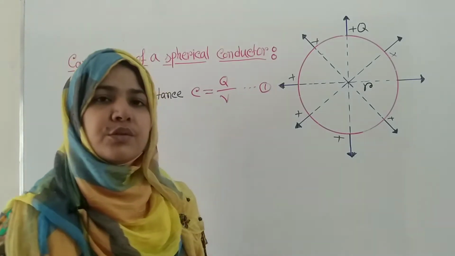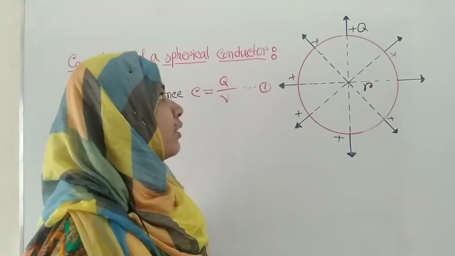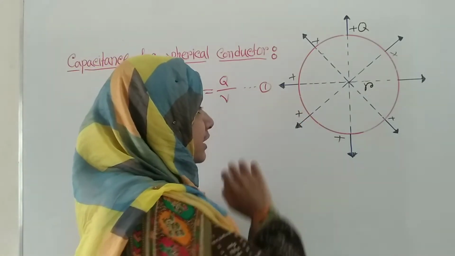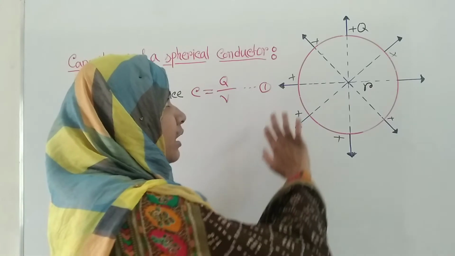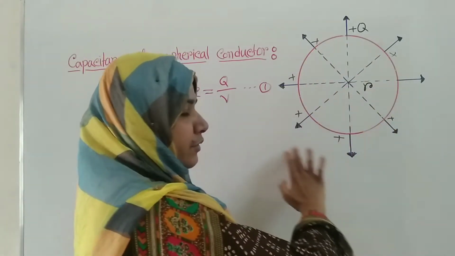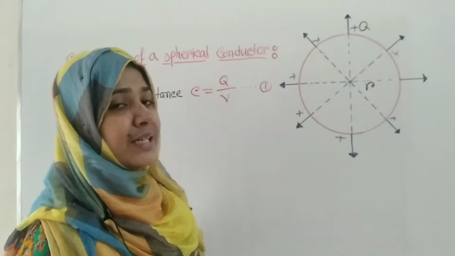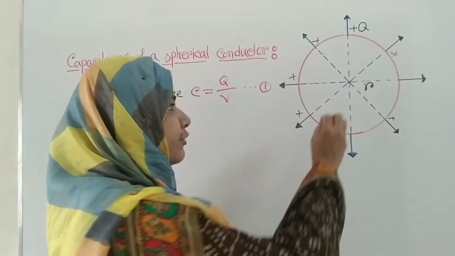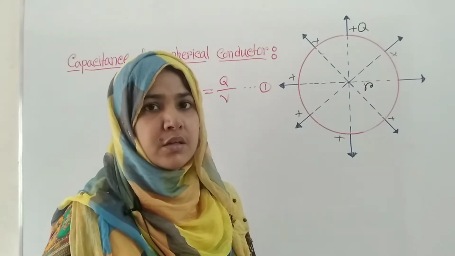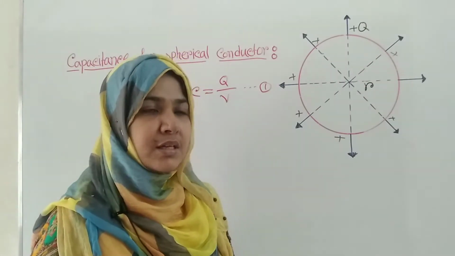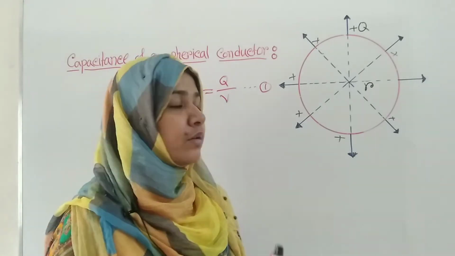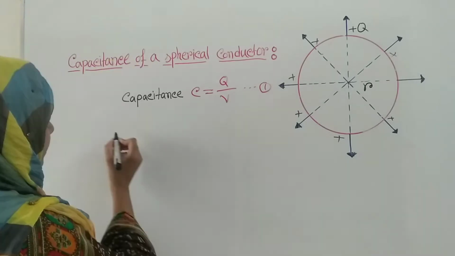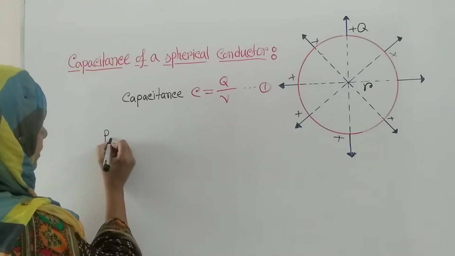Now students, you know that when we put charges on the sphere, this charge will distribute uniformly on the upper surface of the sphere. Remember that all electric lines of force come from the center of the sphere. So if we consider that the potential of this sphere is V, then the potential on the surface of the sphere will be